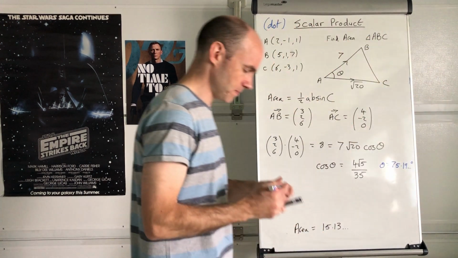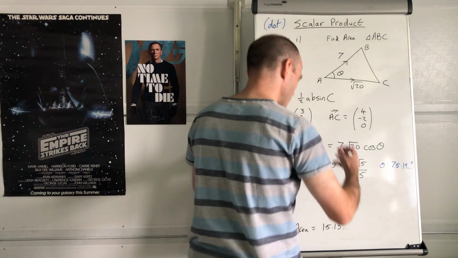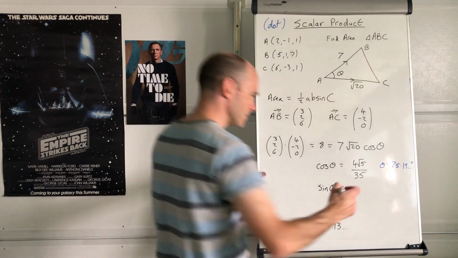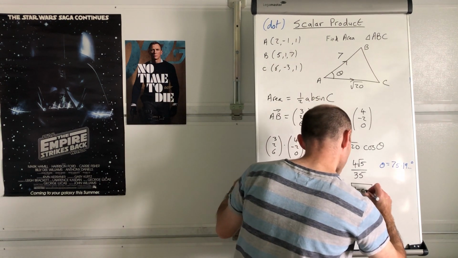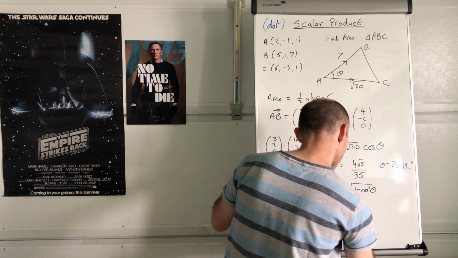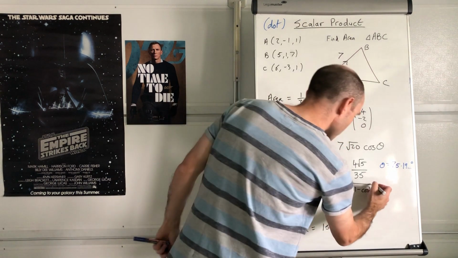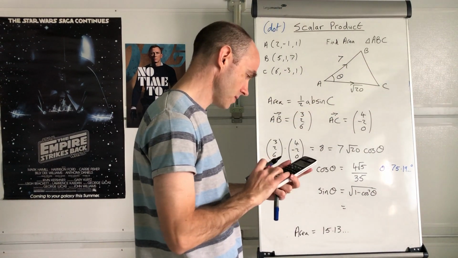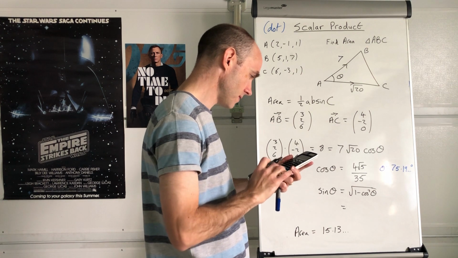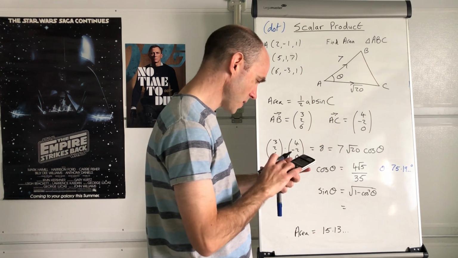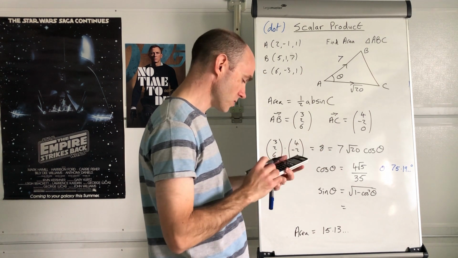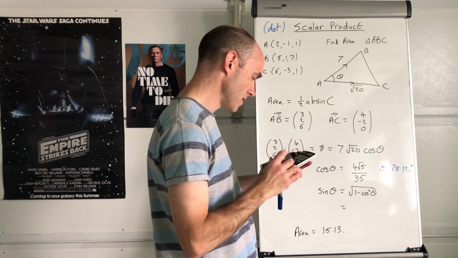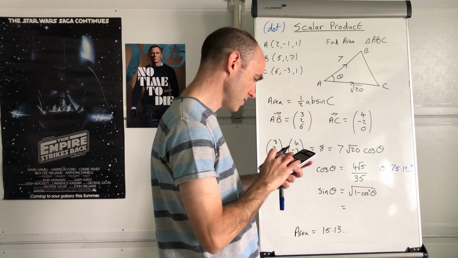So what else could you do? You need to find what sine theta is. Do you know how to do that? It's the square root of 1 minus cos squared theta, isn't it? Sine theta is the square root of 1 minus cos squared theta. So let's just do that. So 4 root 5 divided by 35. And then let's just square that. 16 over 245. And then subtract that from 1, 229 over 245, square root of